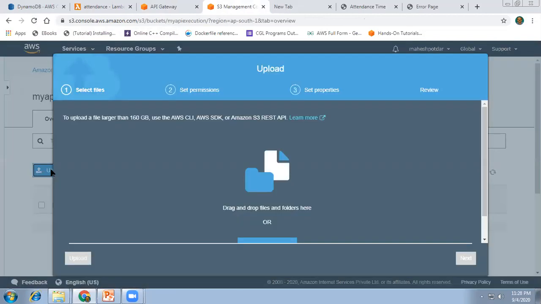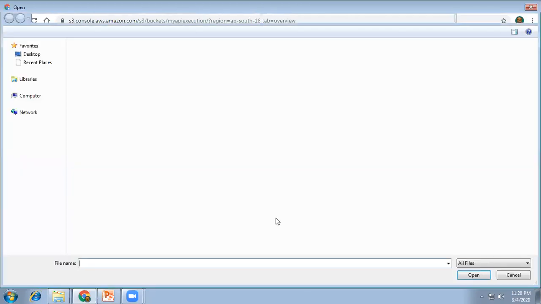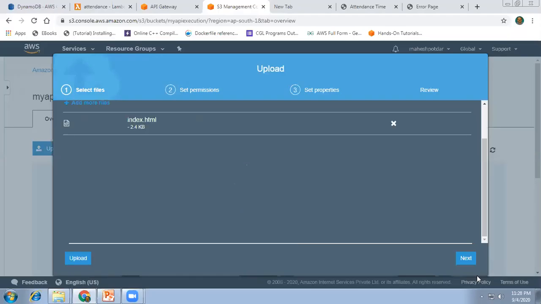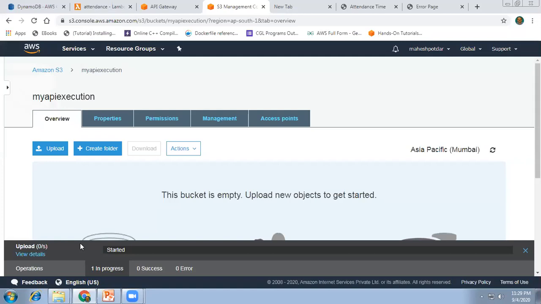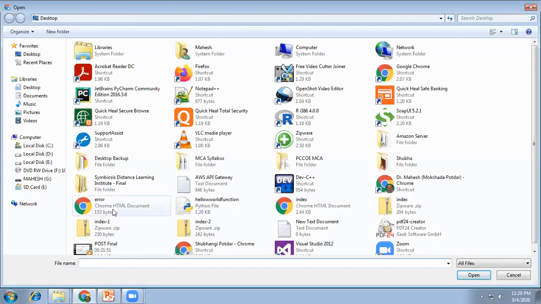I'm uploading the files. First I'm selecting index.html. Add the file, and from the desktop select index.html. I'm opening index.html. Then the second file, error.html.